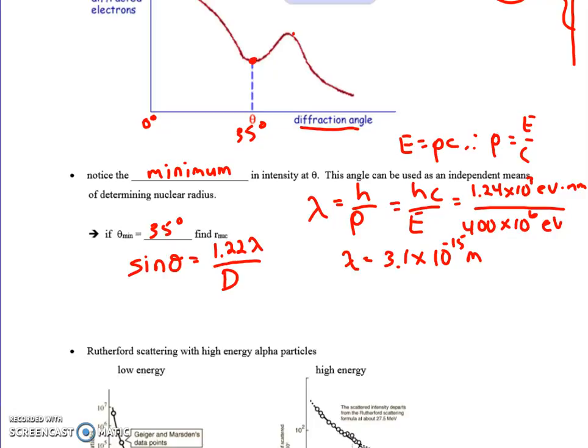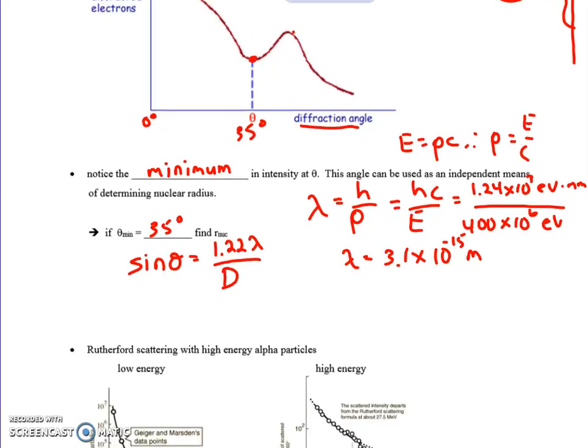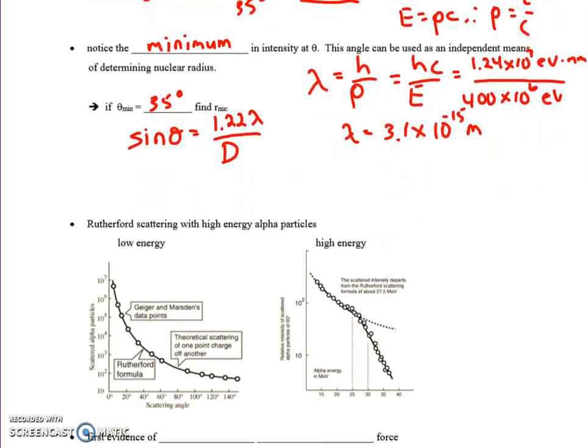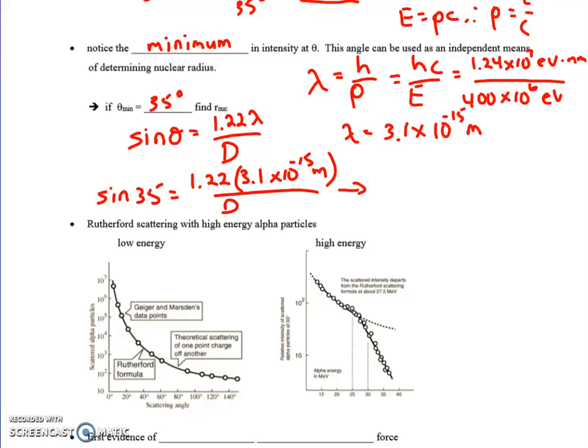That's good. That's roughly the size we expect of the nucleus. All right, now we can apply our diffraction equation. So we can say sine of 35 equals 1.22 times 3.1 times 10 to the negative 15th meters divided by d. Solve for d, and we get 5.4 times 10 to the negative 15th. So our r, which is half of that, would be around 3 times 10 to the negative 15th meters